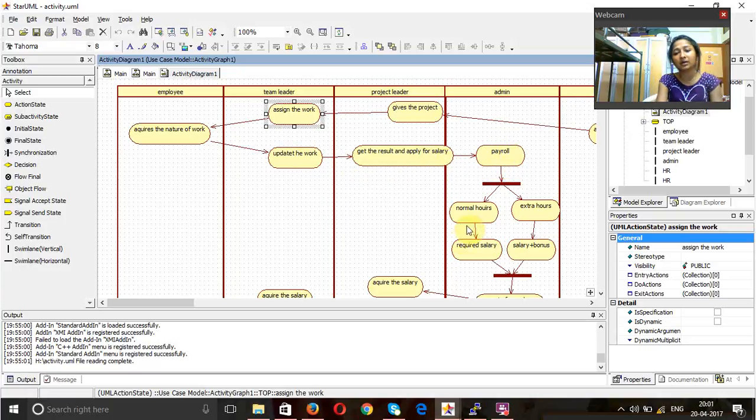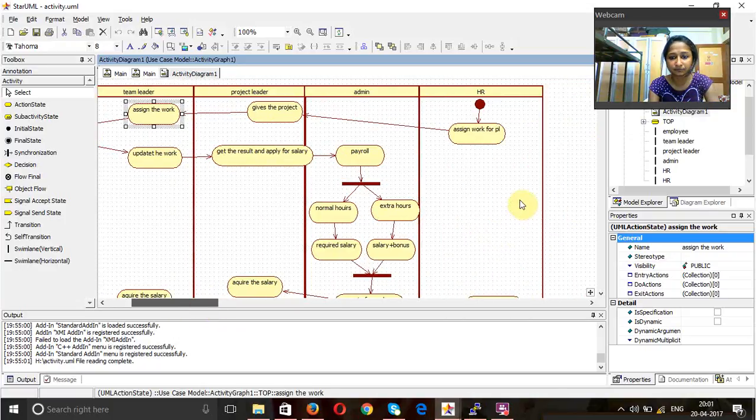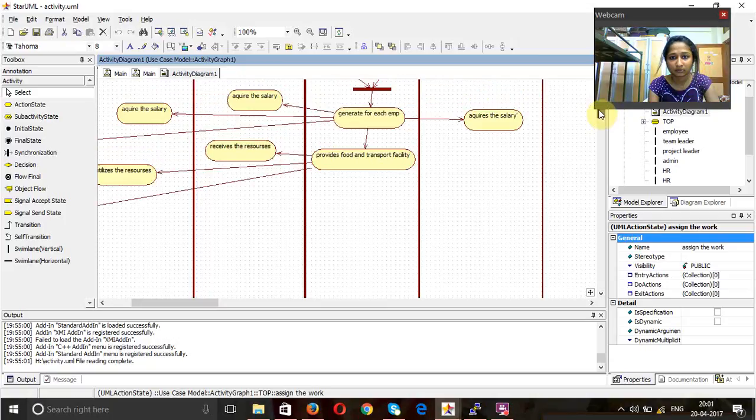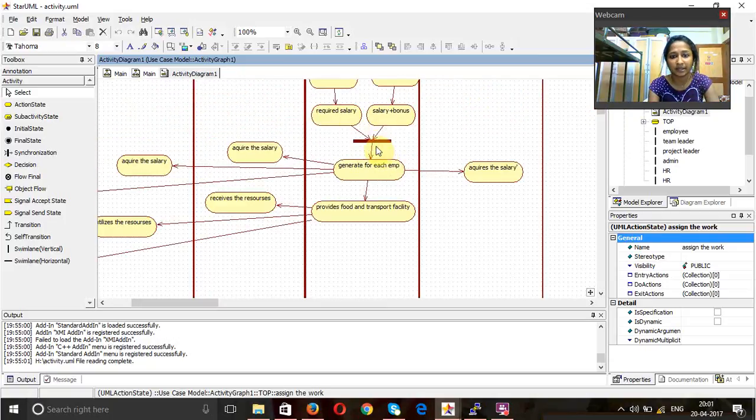So the payroll will be of normal hour and extra hour. Here I have used the synchronization between the normal hour and extra hour. A normal hour will be used for the required salary, and for extra hours they will get the salary plus bonus. So by this, the admin will